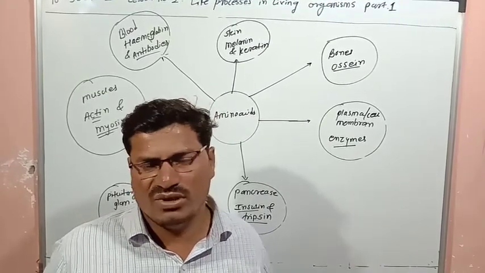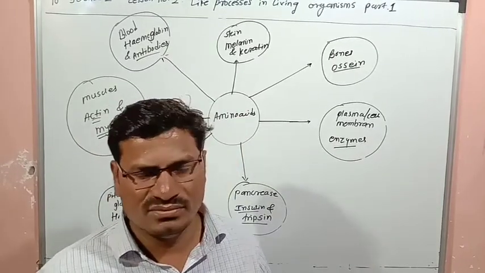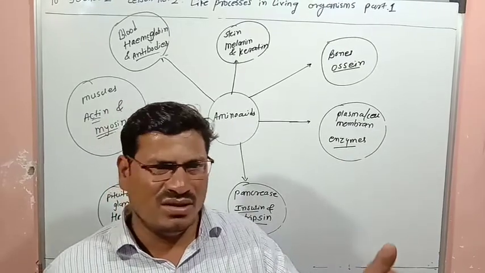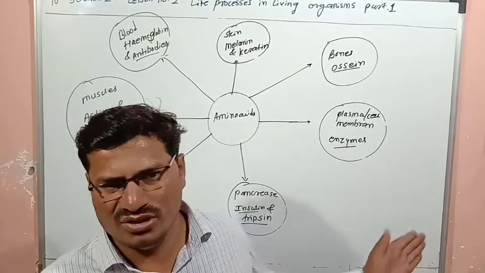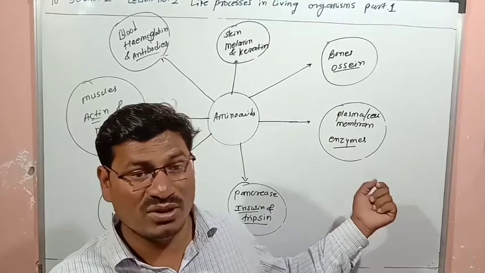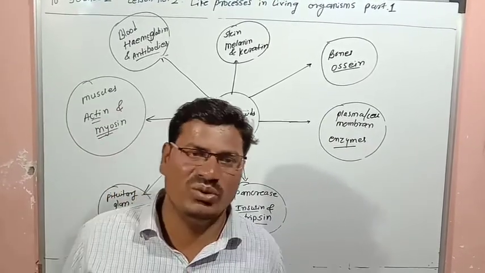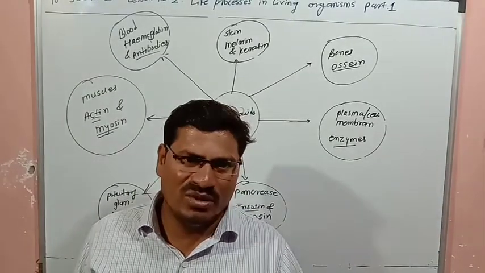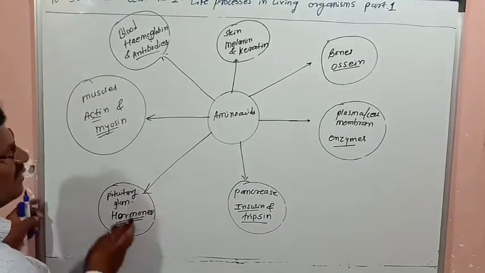So first we have studied carbohydrates. Carbohydrates are stored in the liver and muscle in the form of glycogen. After that, we have studied proteins, in which organs or cells they are necessary, and which proteins are present. After this, the next point we are going to learn is 'always remember', where 2-3 points are there.